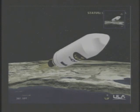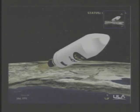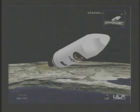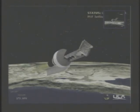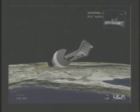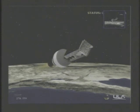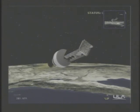Standing by for fairing SEP. We have fairing SEP. Fairing has separated. This is Delta Mission Control, 6 minutes, 25 seconds into the mission. And we've just seen the successful liftoff of the NROL-49 mission for the National Reconnaissance Office. And again, this was the first West Coast Delta IV Heavy launch, and all systems continue